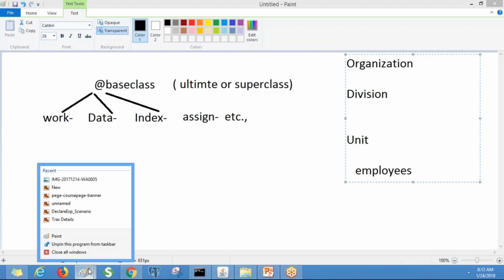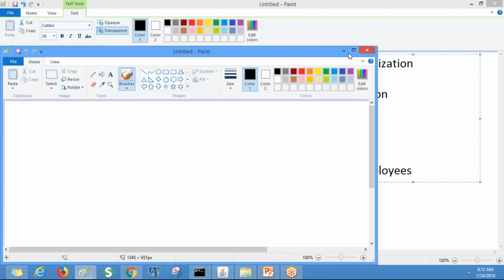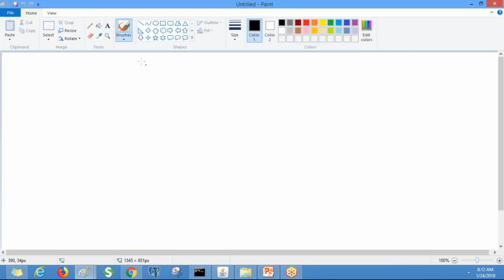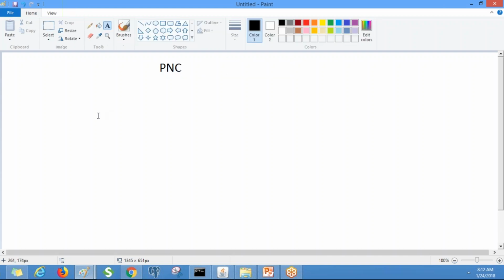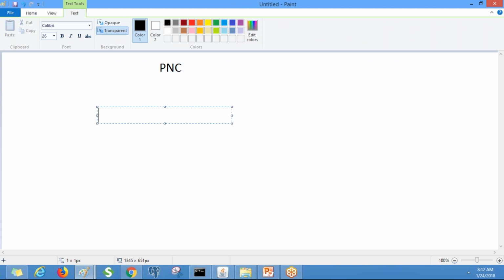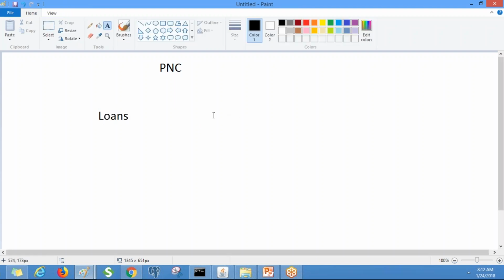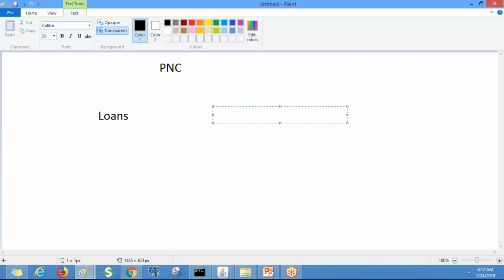Suppose our organization is PNC Financial Services. Under this we can have divisions. Division is optional, so you can have divisions or not, and you may also have more than one division. Suppose we have two different divisions, one is loans and one is insurance.